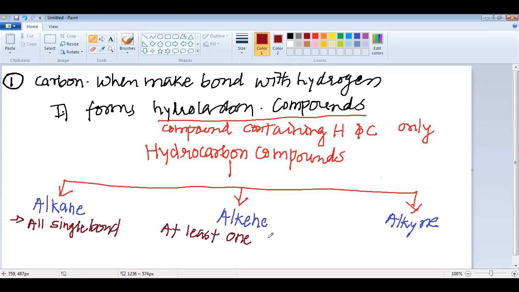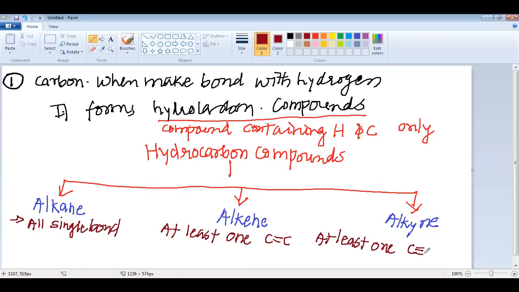Alkenes will have at least one C double bond C. If a hydrocarbon has at least one C double bond C, then it is known as alkene. And alkynes will always have at least one